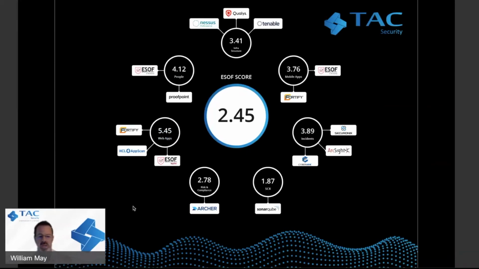What you're going to see here from this slide is numbers like 2.45, 1.87, 3.89. You're going to see things like that in ESOP. We do put scores up against different aspects of your IT stack, categorized in ways that make sense for your business, for your enterprise, for your department, just depending on what you're looking at. But I just want you to get comfortable with what those numbers really mean.